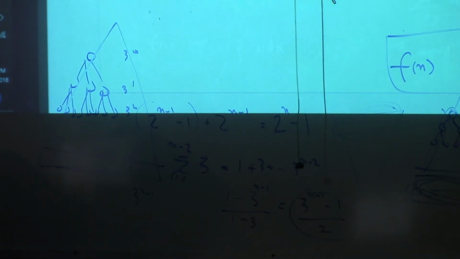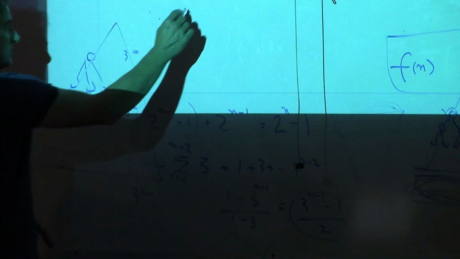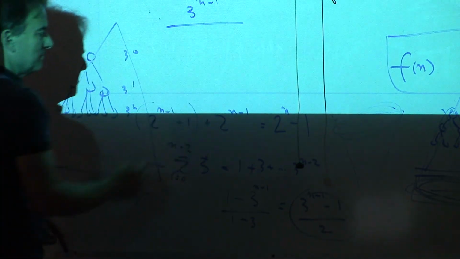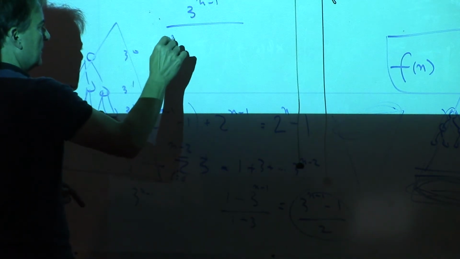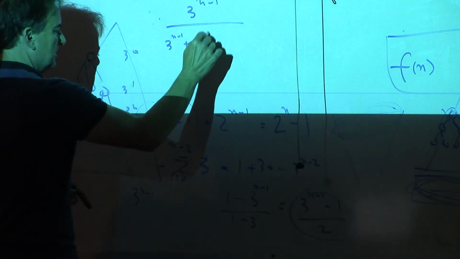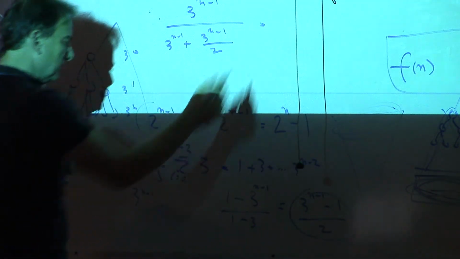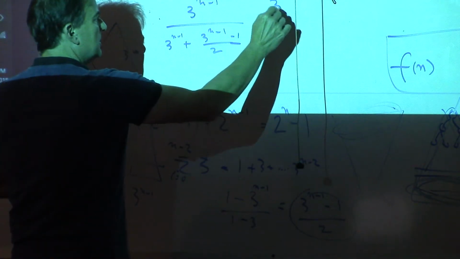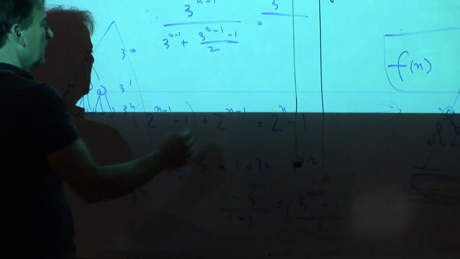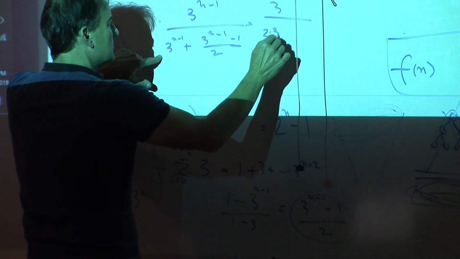So the question is, what proportion is it? What you can do is take this number, 3 to the n minus 1, and divide it by the sum of these two, which would be 3 to the n minus 1 plus 3 to the n minus 1 minus 1 over 2. Am I right? Yeah. Okay. So that's going to be 3 to the n minus 1 over, putting it over 2, 2 times 3 to the n